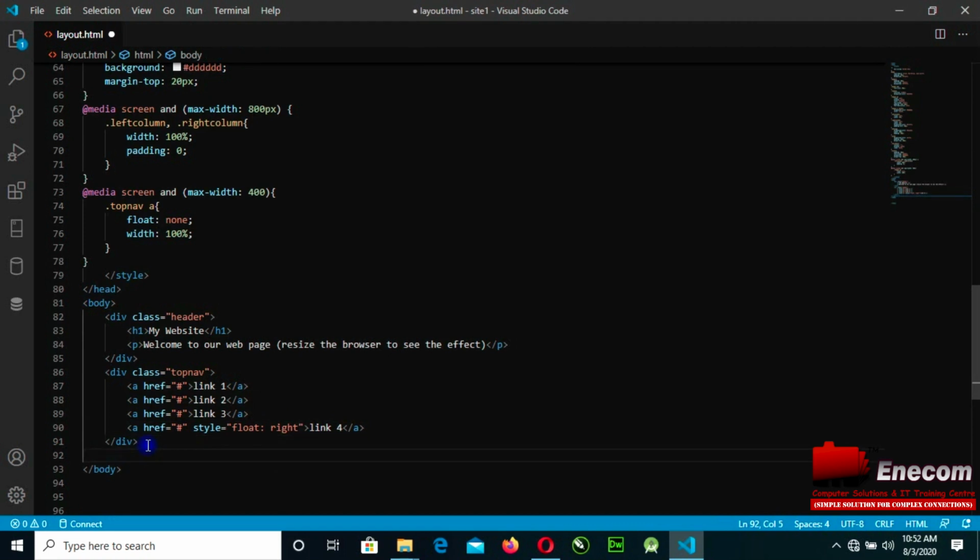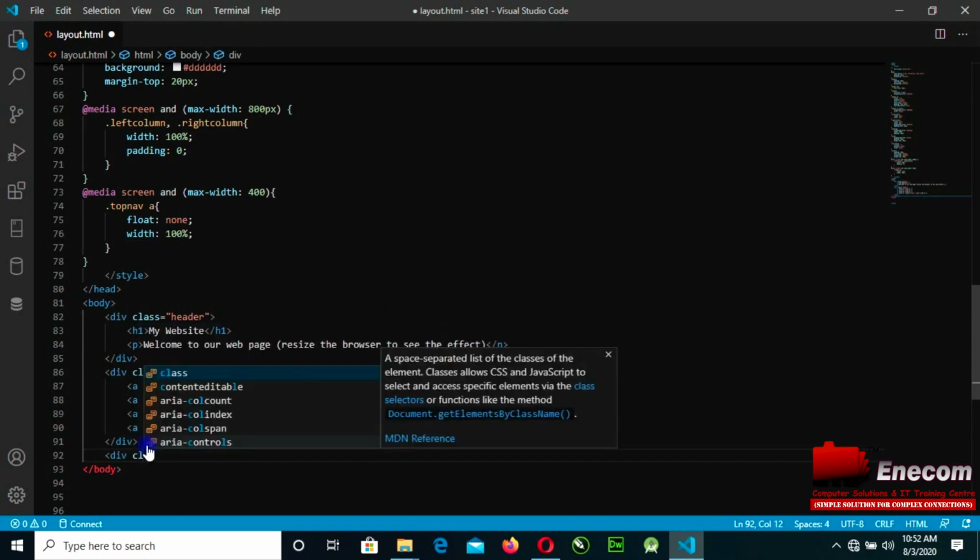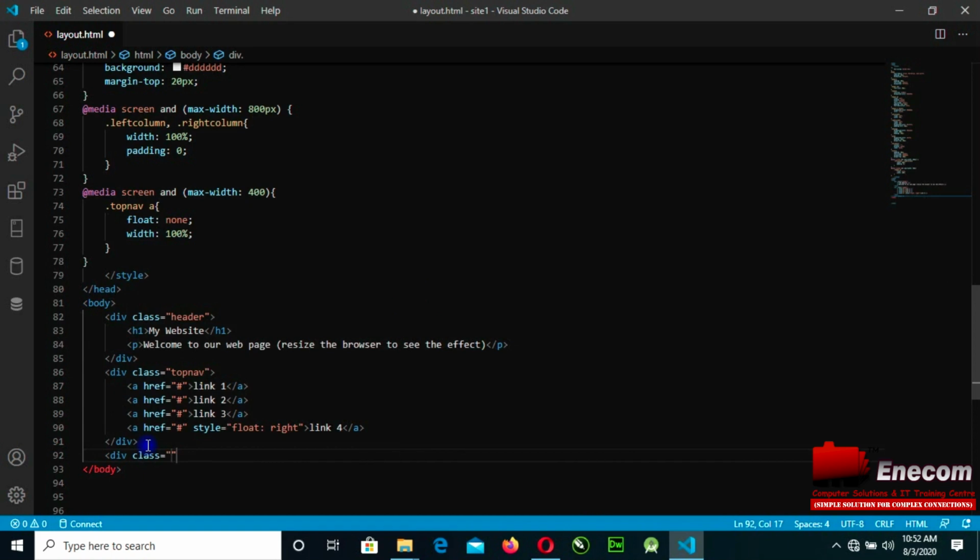So I'm going for the rows and the left and the right columns. So I also open another div command. Navigate class. Choose website row. Then we close it. So I'll go in for another div class. Then the div classes, I'm going to choose left. I'm going to choose left column. Then we'll have my close there. So I will insert